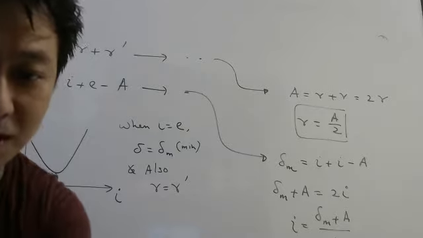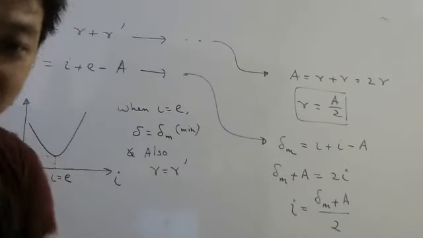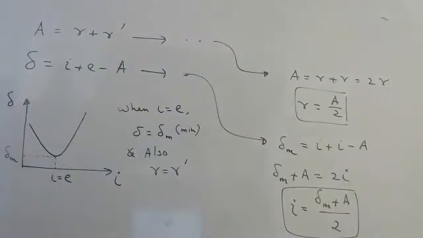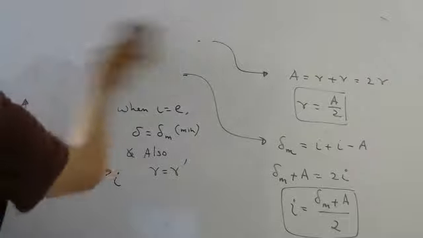Yes, you should draw the graph also in the derivation. Please draw the graph also in the derivation. So your I and R you have found. Once you have found your I and R, finally you have to use Snell's law.